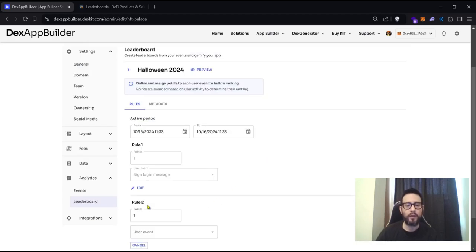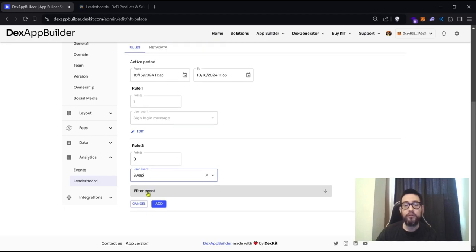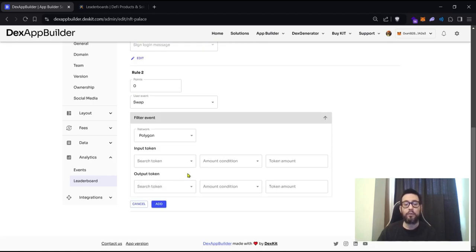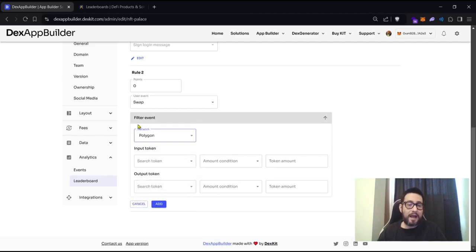How so? Okay, we will add a swap rule. We will filter that swap rule. How so? Do you remember in other videos that you can import any token from the networks that we are allowed to? Those networks are Polygon, Avalanche, Base, Binance, Ethereum, Phantom, Optimism, and other ones. Okay, you can do this. As long as you do it, you will see all the tokens that you have imported for the specific network here